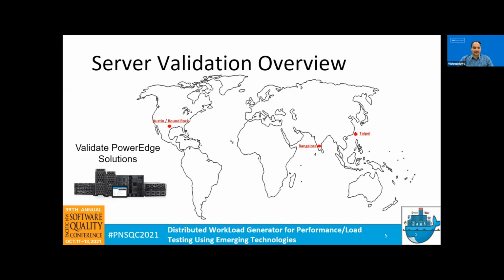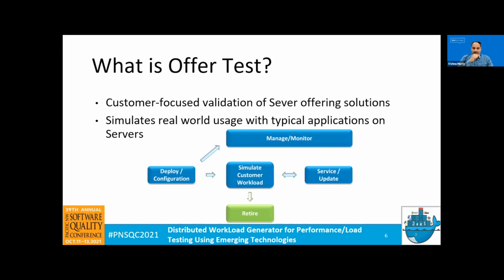Finally, we do the area validation test, and we release the system to the market. It's like any software, but we do a piece of hardware testing with all the software stack, operating system, and all that. That's what we majorly do as part of our validation group across these 3 locations. In this presentation, we focus more on offer test,